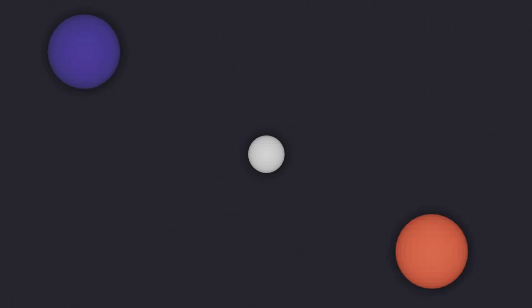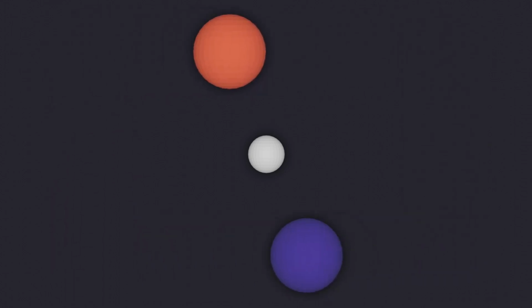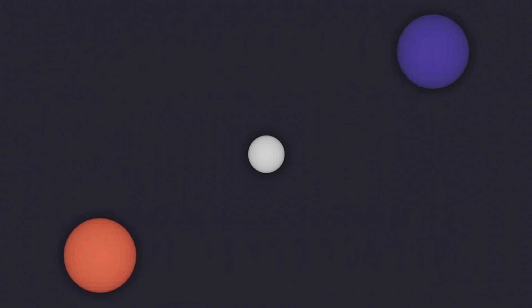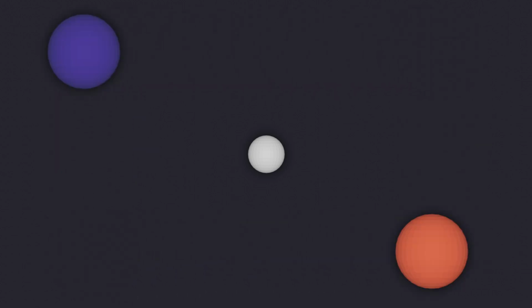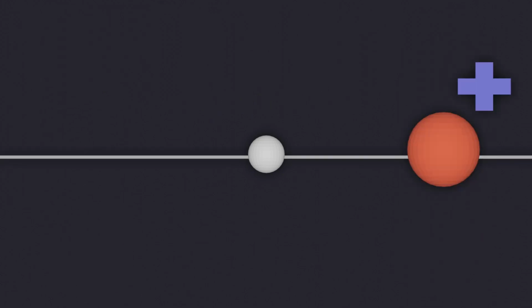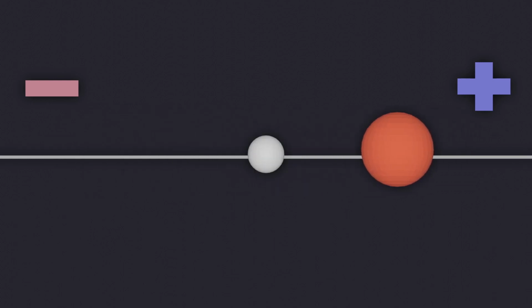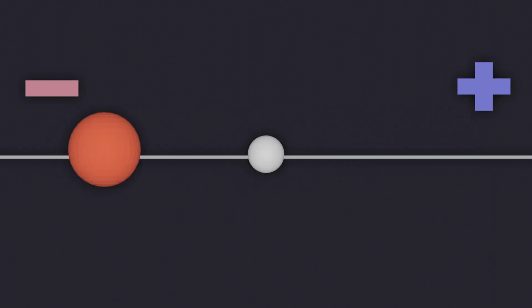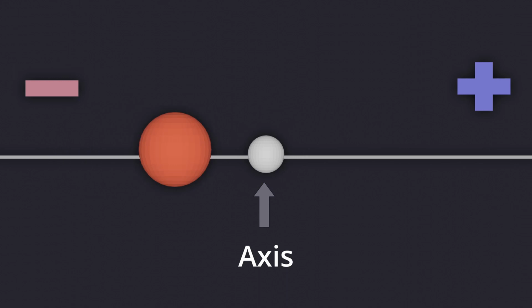But what if there was an object that didn't move? We could use that object as a point of reference for all the actual objects we want to move in the scene, solving the problem. Refer to this object's position instead as a single point called the point of origin. With distance to the right being represented with positive numbers, and distance to the left being represented with negative numbers, just like a number line, we can represent the position of the objects across this line. This line can be referred to as an axis.